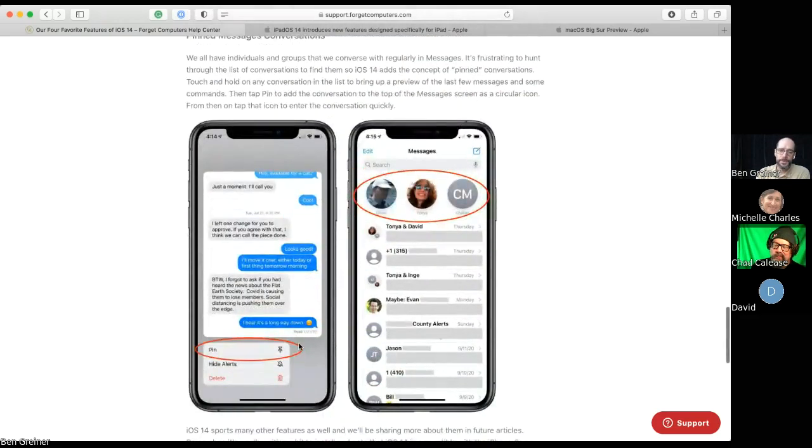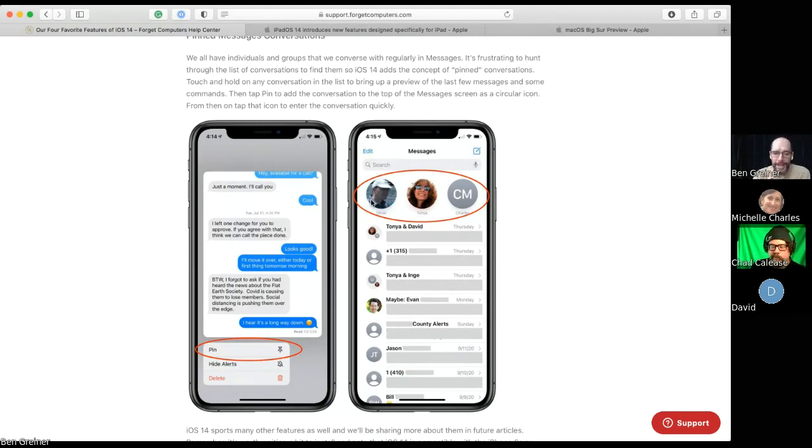And then here's one, pinned messages and conversations. So this is pinned messages, pretty straightforward. If you pin a message, it will show up here, and you can have up to 9 pinned messages, so 3 rows of 3 on your iOS device, and those can just be shortcuts for conversations. People you communicate with a lot will always stay at the top of the screen, which is really nice.